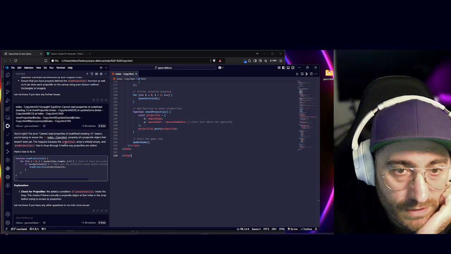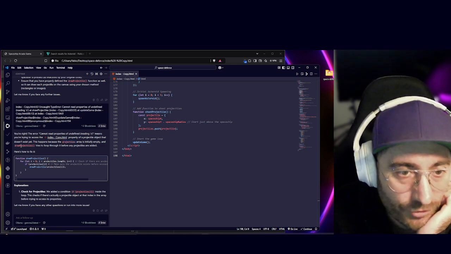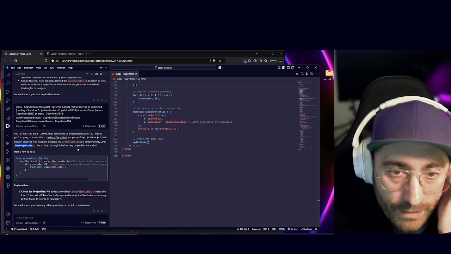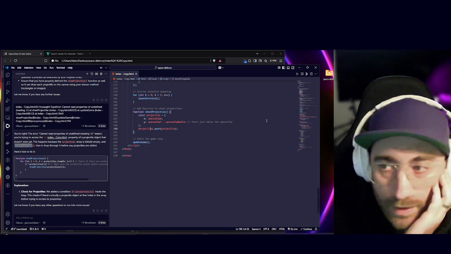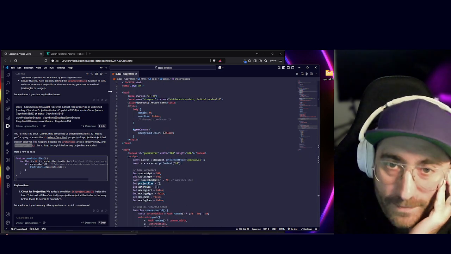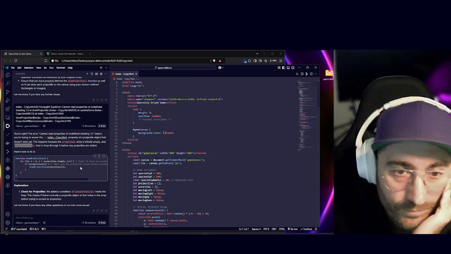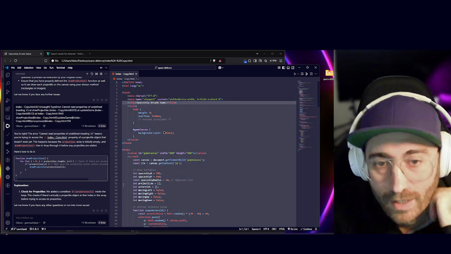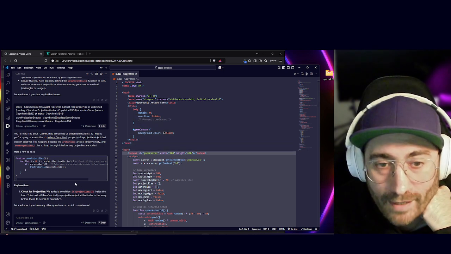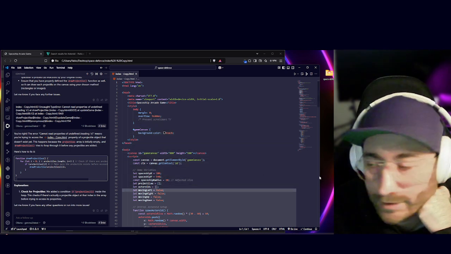This happened because the projectiles array is initially empty and draw projectiles tries to loop through it before any projectiles are added. All right, okay. So can you fix the code, AI? Let's apply these changes again and see if we have been lucky enough to be able to build the game